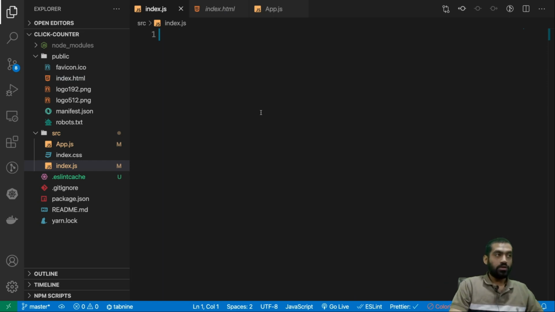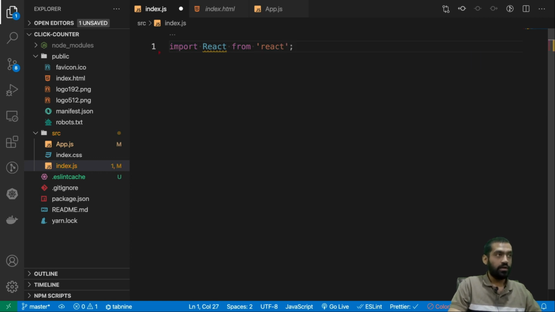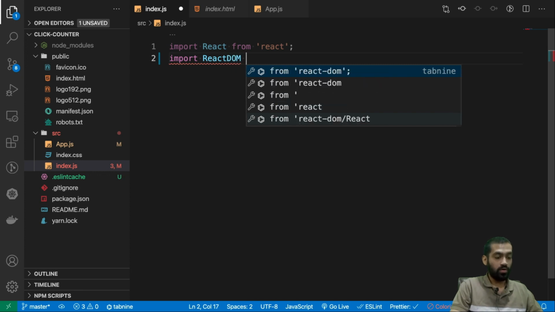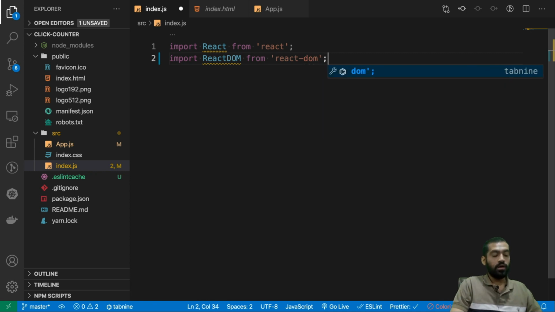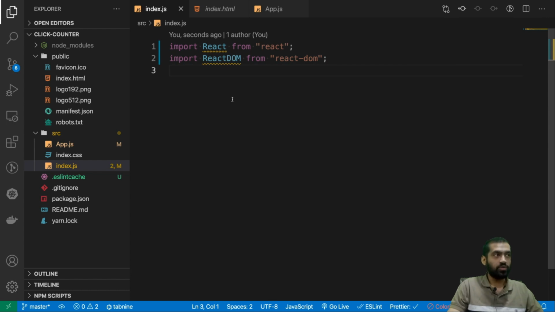Let's just start. The first thing we do is import React from React. Cool. And then we have to import React DOM from React-DOM. If you remember, we were using unpackage, and essentially unpackage was doing the same thing, but it was giving us React and React DOM in the global scope, right? We are narrowing down the scope of these two packages. Let's just leave it here for now.